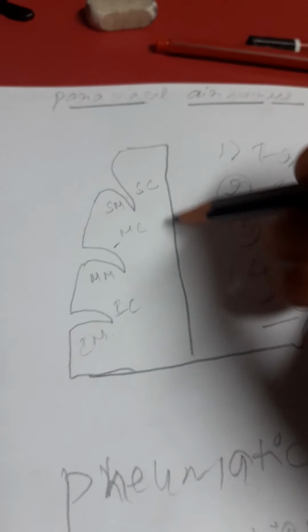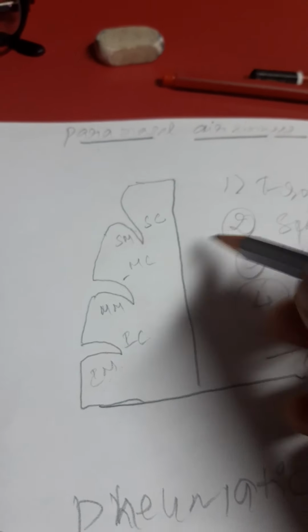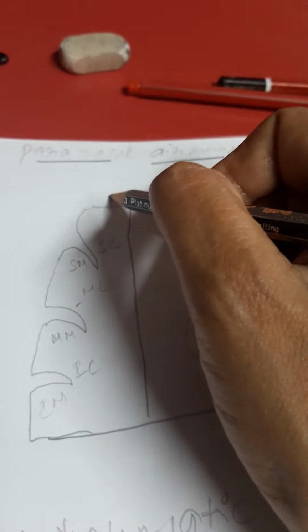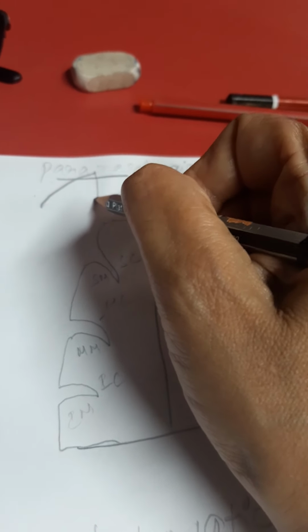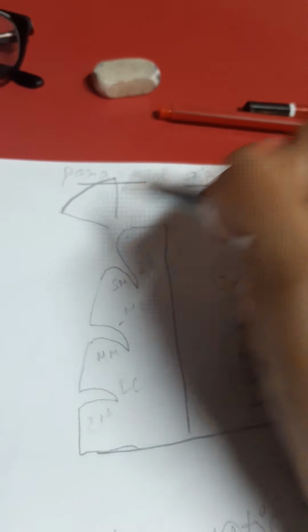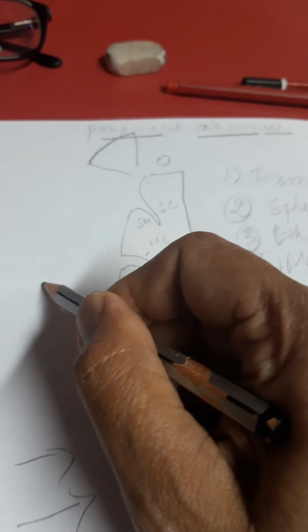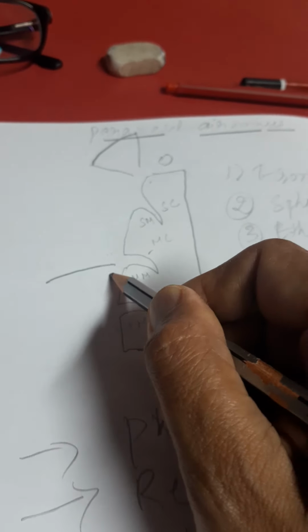Now let us see the location of these paranasal air sinuses. You know the roof of the nasal cavity was formed by the ethmoid bone. Just adjacent to that you will see the frontal bone. So this will be the frontal bone which holds the frontal air sinus. Then in the roof of the nasal cavity which is formed by the ethmoid bone, you will see the ethmoidal air sinuses. Then if you come down, the lateral wall of the nasal cavity will be formed by the maxillary air sinus. So this will be the maxillary air sinus.